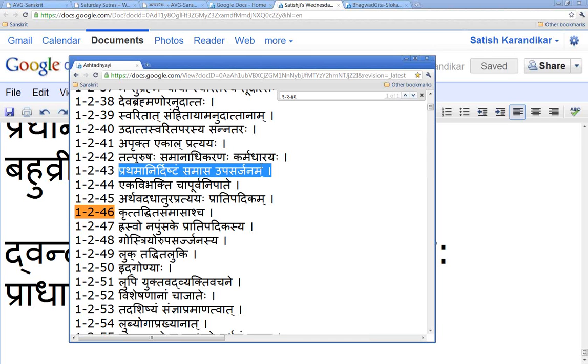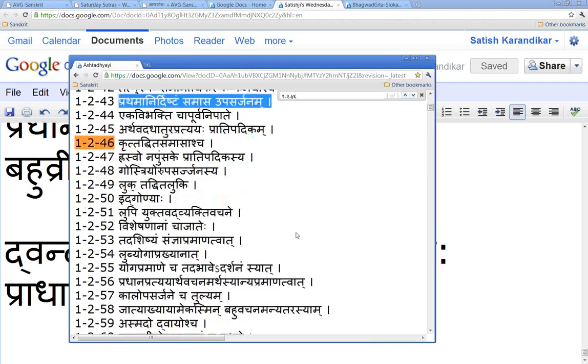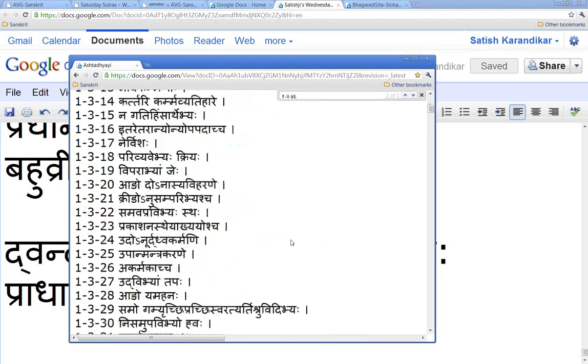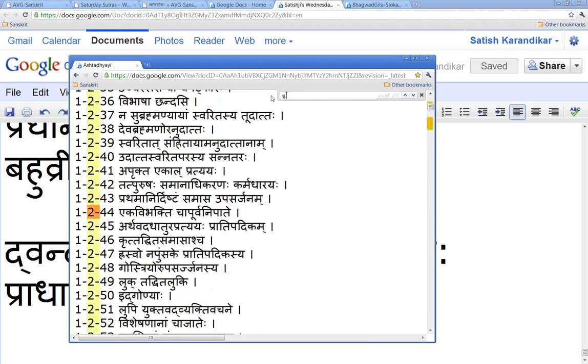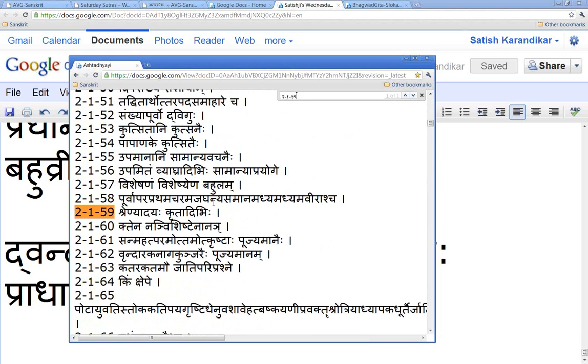Let me take a quick example for you. Let's take our famous Karmadharaya compound sutram, I think it's 2.1.57, sorry. Visheshanam visheshyena bahulam. This is a very common sutra which you will be seeing, which tells you that an adjective, visheshanam, can compound with the term being qualified, visheshyena, bahulam, in many different ways.